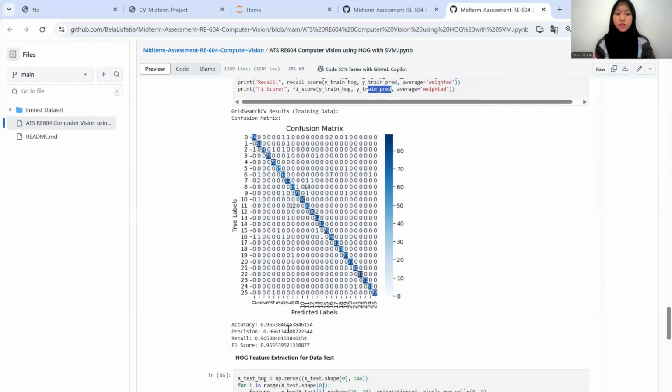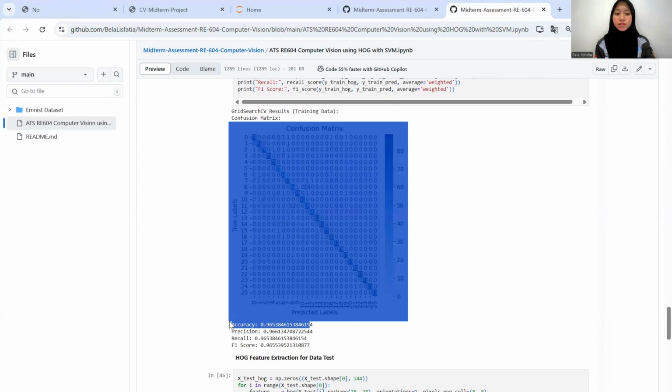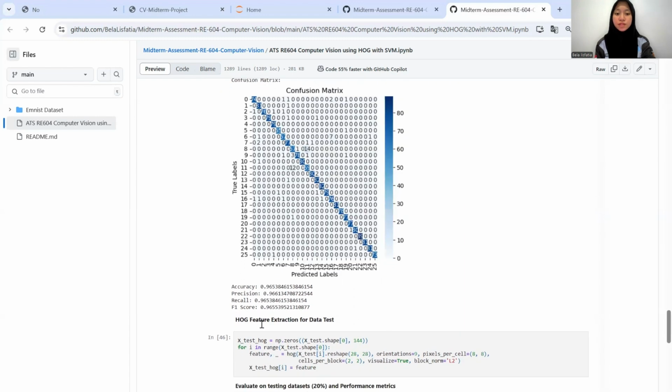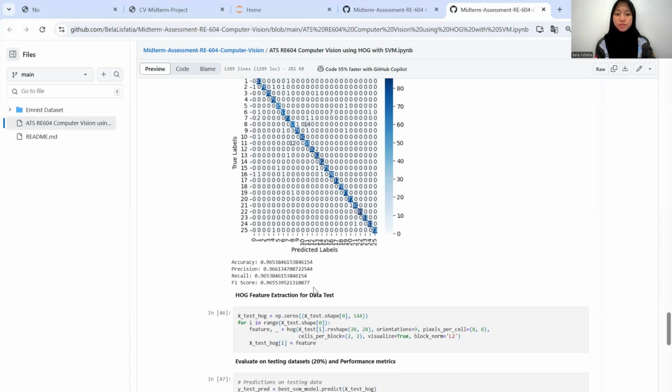The result is that the model successfully predicted correctly around 96% of the total training data. It's more successful and the accuracy is good because it's almost 100%.